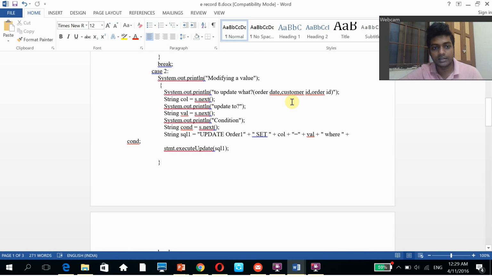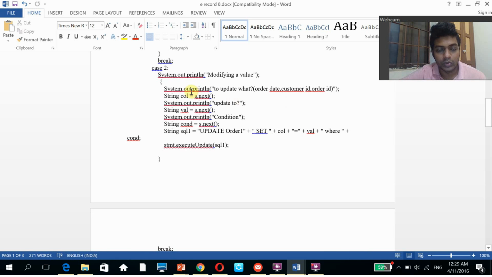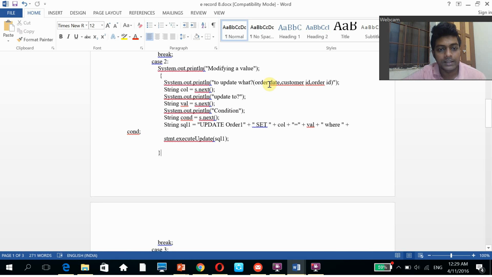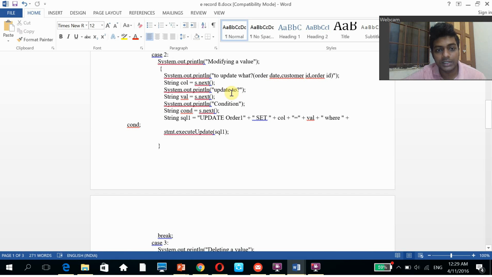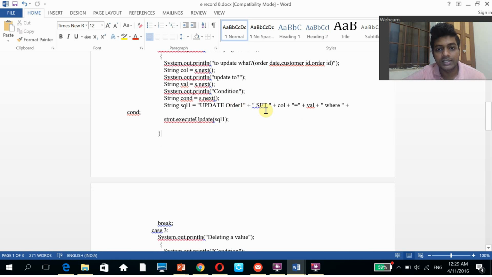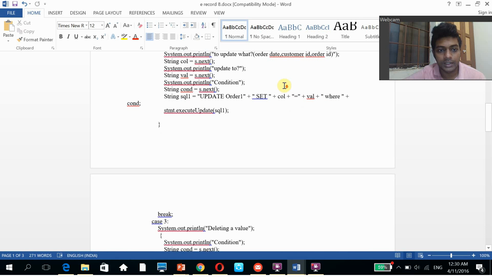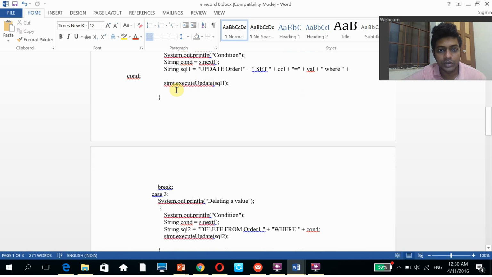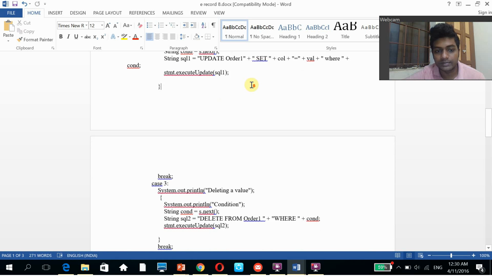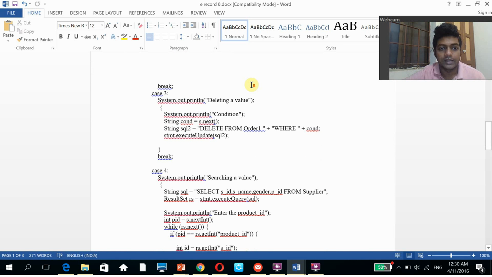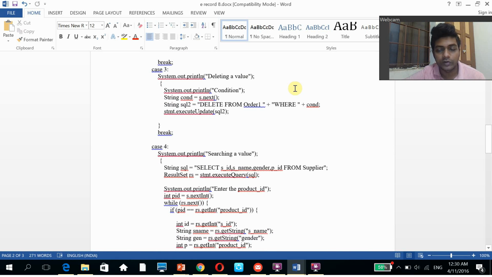Break the statement. Then the next case is for modifying a value. So this is the modifying code. In the print statement, we have to put what to update: order date, customer ID, order ID. Then we have another print statement, update to, then the value you enter and the condition. And we have to concatenate all these values: set plus col, value, where. Next you have to call statement.executeUpdate(SQL1). This is for updating. Then you break it, and we'll move on to the next case, which is for deleting